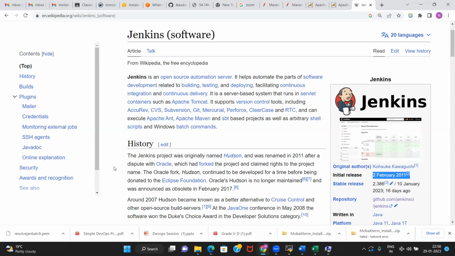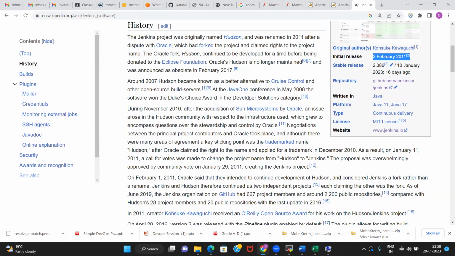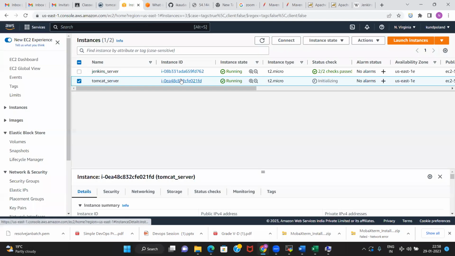But the changes that DevOps brings about are mostly on the CD side, like you have Docker, like you have Kubernetes. So continuous deployment is the area where more changes happen.